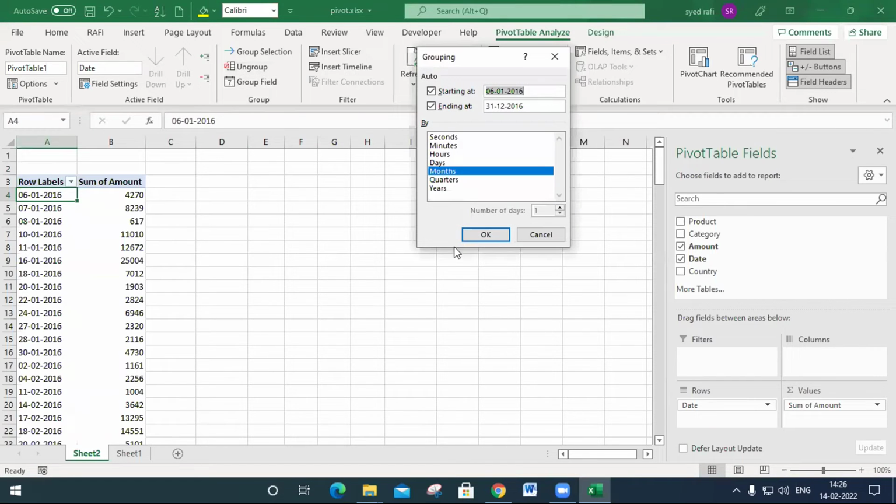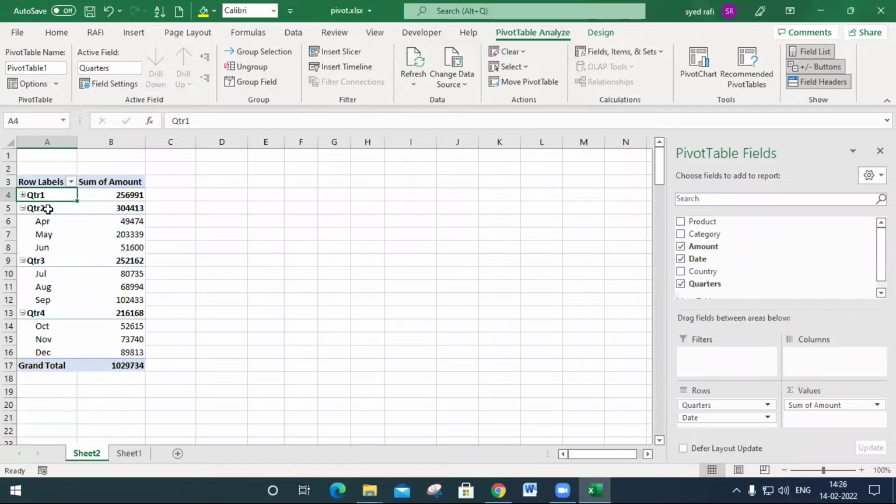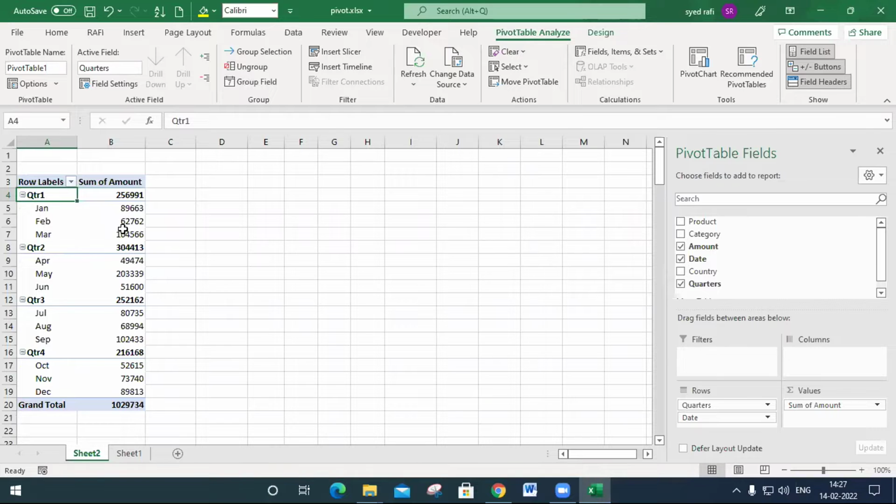So previously, we selected only quarters. I don't want to do it like this. I want to select the quarters along with months. First quarter: in first quarter, in which months? So that's why I select months and quarters. Say okay. Here, first quarter will be displayed like this. You must click here. January, February, March, their sales and quarter 1 total. Second quarter, there are 3 months, so the sum will be displayed. There is a third quarter like this. You may expand like this.